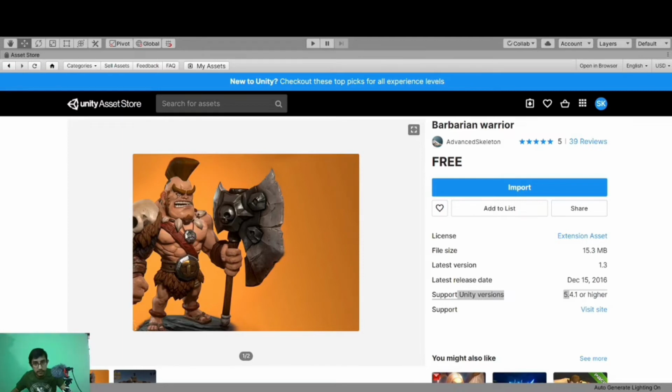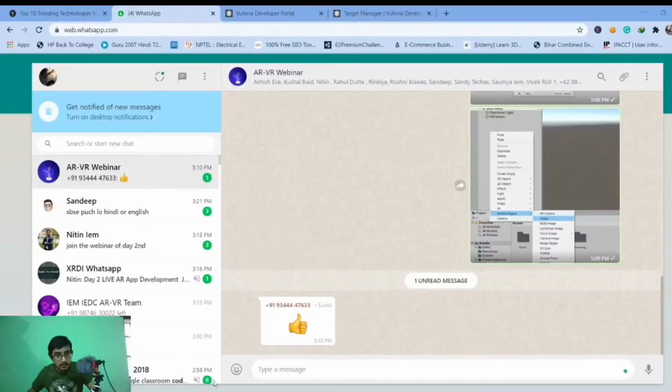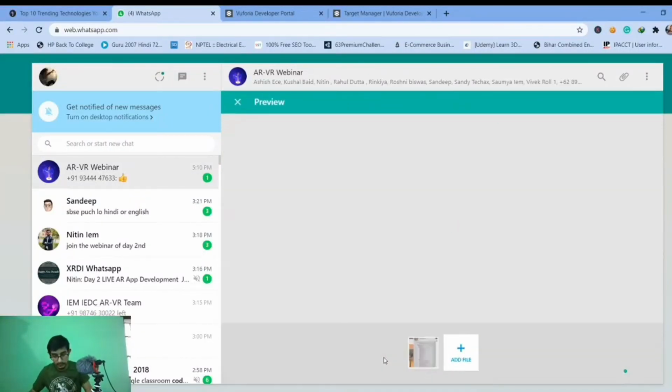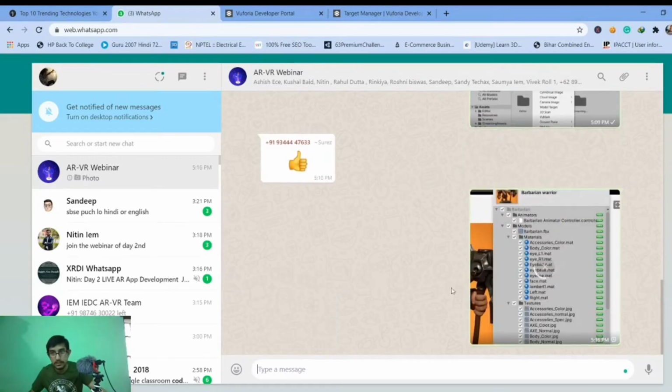So I hit the import button and you were not able to see this option which I got. So I will share this screenshot with you. Follow the WhatsApp group, I am sharing the screenshot. So here when I hit the import button, we got these options.